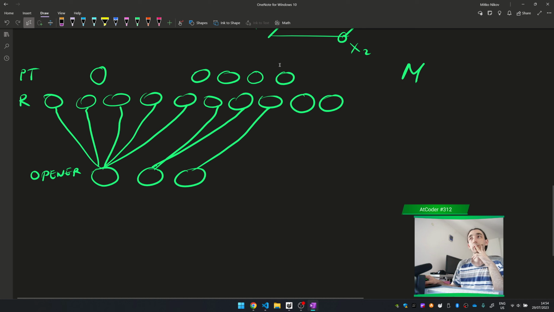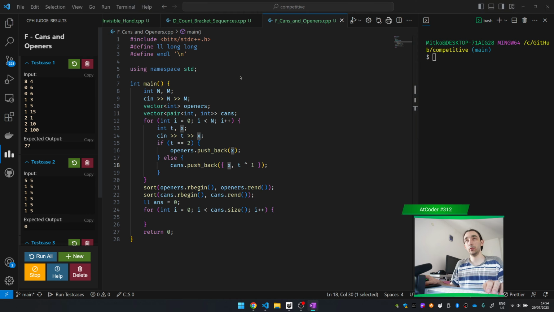Then I say, okay, what about if I exchange this, which is very small, for one more here, and I do this until I say that I cannot buy any more of these until I buy a can, and then I exchange this guy with a can. So yeah,